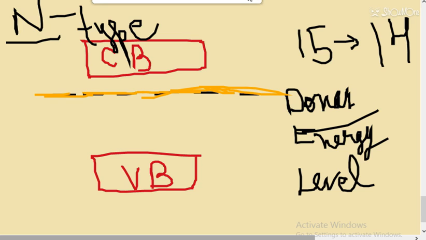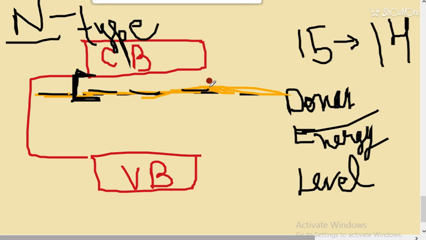So in the earlier case the energy gap, you can see, this was the energy gap Eg, but after the doping the energy gap is this one. So the energy gap is decreased, due to which the conductivity is more. So conductivity has increased, energy gap has decreased. So which points do you have to remember now? The donor energy level just lies below the conduction band, near the conduction band you can say, and if below is not mentioned then you have to mark near the conduction band.